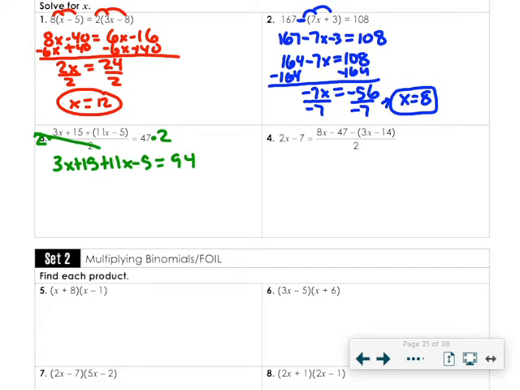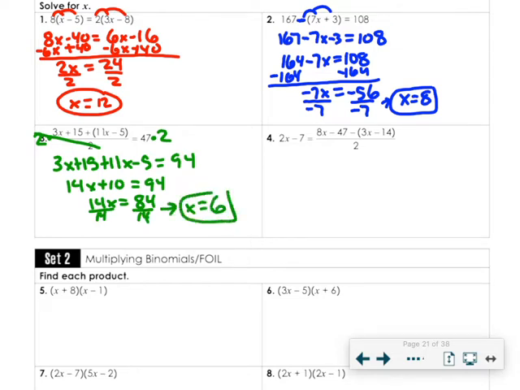What I would look at then is combining these like terms up top. So I have 3x and 11x that make 14x's. I have 15 and negative 5 that make a positive 10. That's equal to 94, which means that 14x is equal to 84, 94 minus 10, and then divide by 14. So x is equal to 6. Okay, last one in the first set